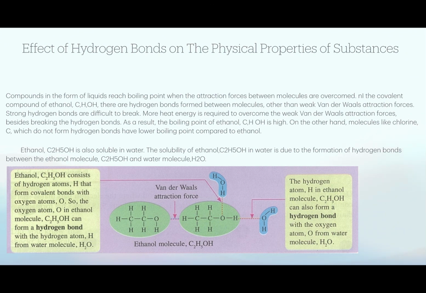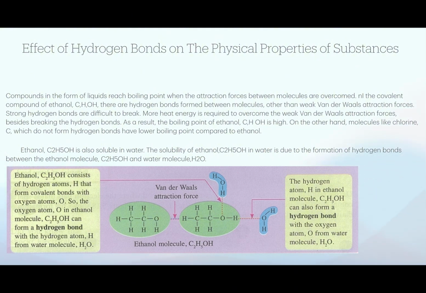Effect of hydrogen bonds on the physical properties of substances. Compounds in the form of liquids reach boiling point when the attraction force between molecules is overcome. In the covalent compound ethanol, C2H5OH, there are hydrogen bonds formed between molecules, other than weak van der Waals attraction force. Strong hydrogen bonds are difficult to break. More heat energy is required to overcome the hydrogen bonds besides the weak van der Waals attraction force. As a result, the boiling point of ethanol, C2H5OH, is high. On the other hand, molecules like chlorine, Cl2, which do not form hydrogen bonds, have a lower boiling point compared to